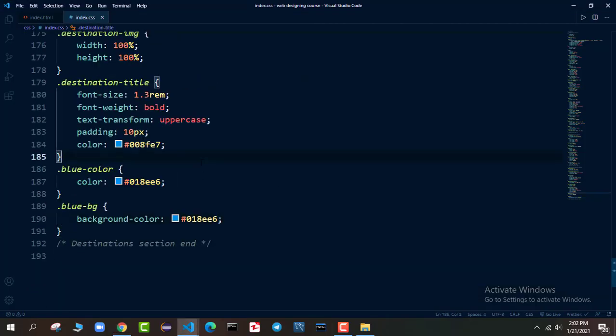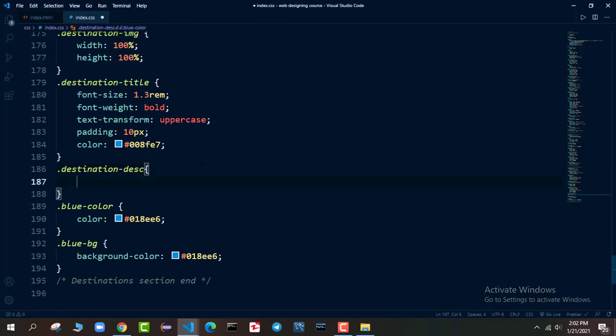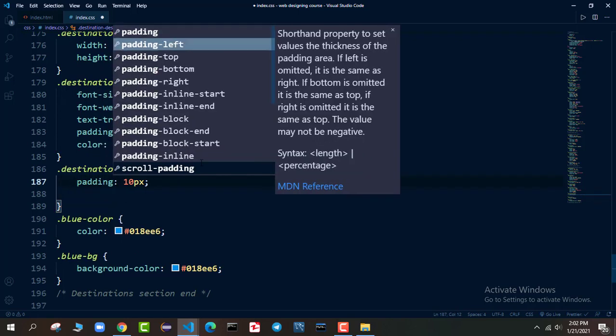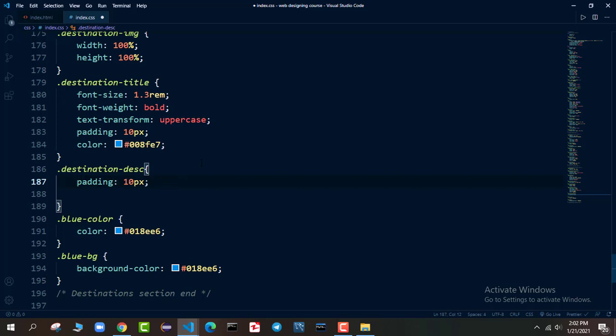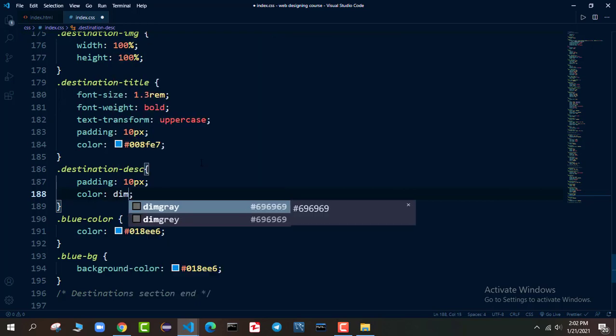Now let me style destination description here. So I will say destination description, it will only get the padding 10 pixel, and it will get the color this one.